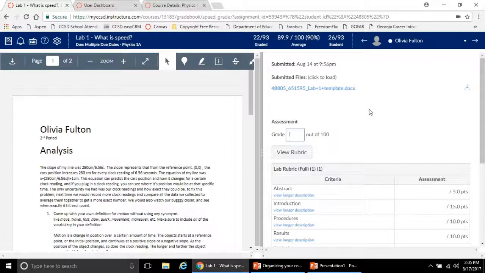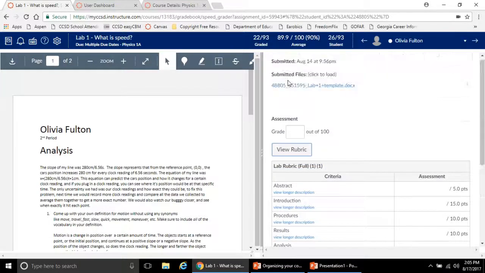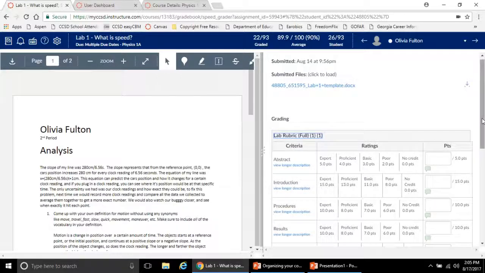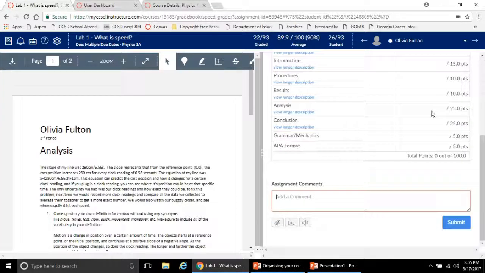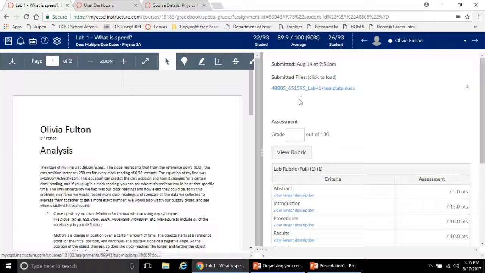I can use the R key to show the rubric part down here or hide it. I can also use the C key to jump down to the comment box. So a lot of little shortcuts that, if you take a little while to learn them, over time can save you hours of work, even though it's only maybe a few seconds for each student